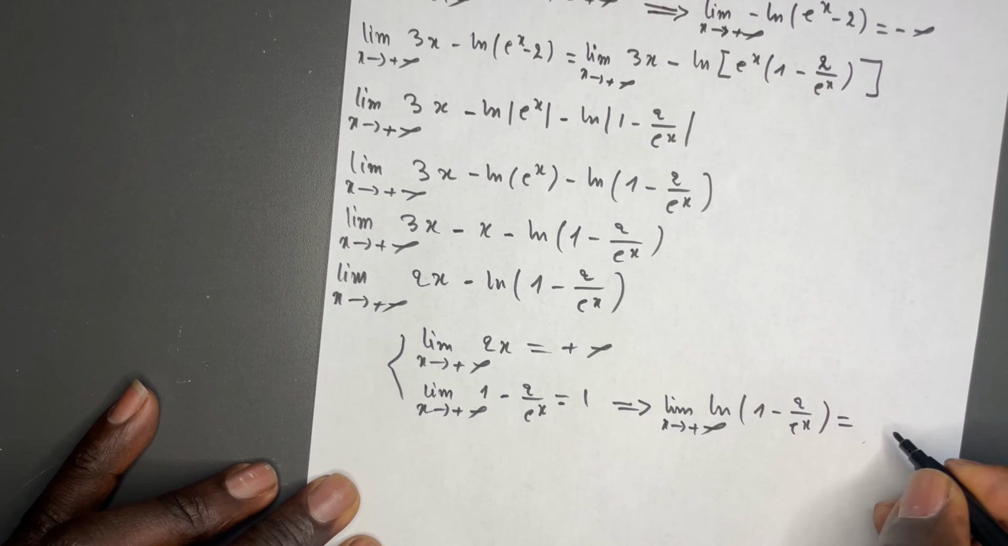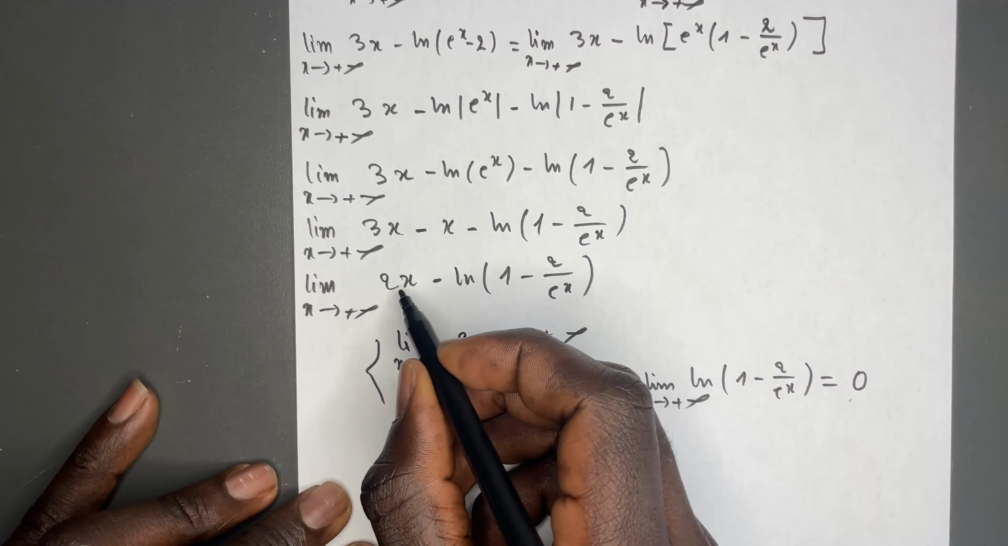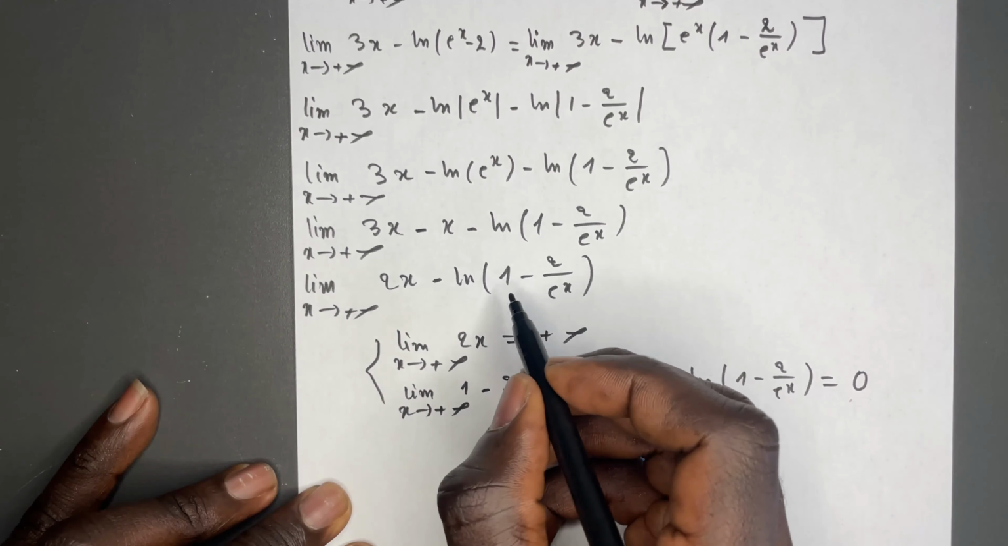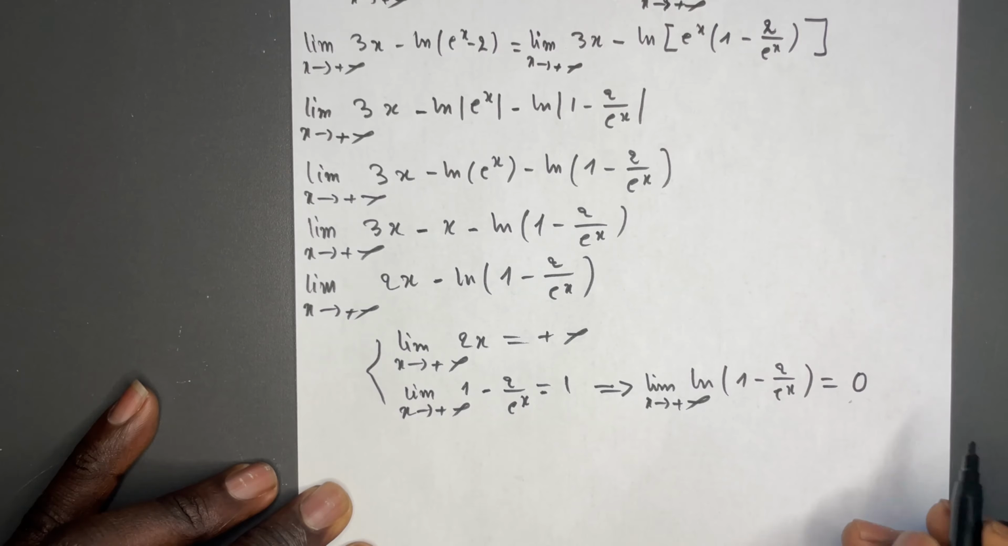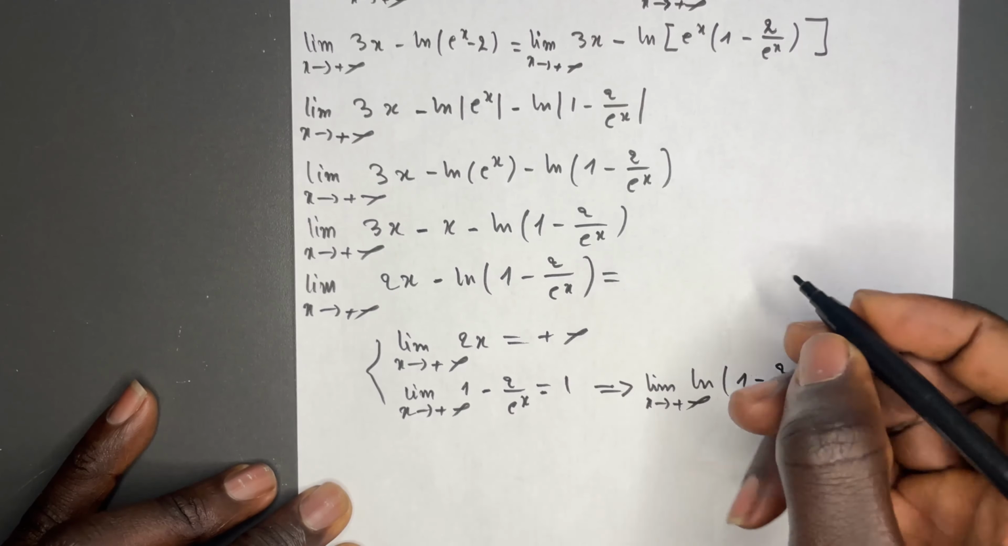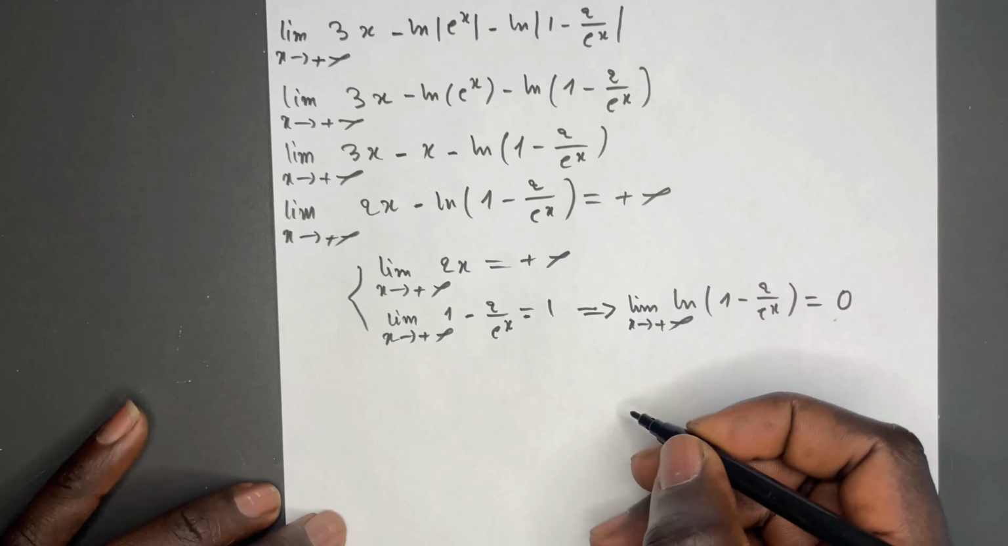equal to 0. Here, as x approaches infinity, 2x goes to infinity and ln of 1 minus 2 over e to the x goes to 0. So here the limit is equal to infinity. Finally, we can write